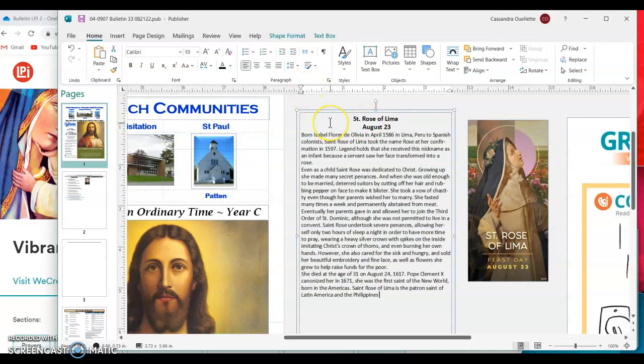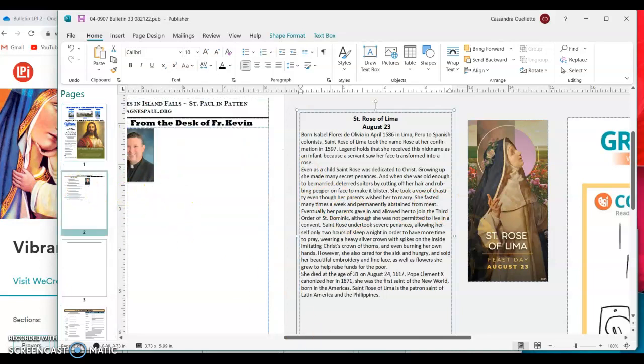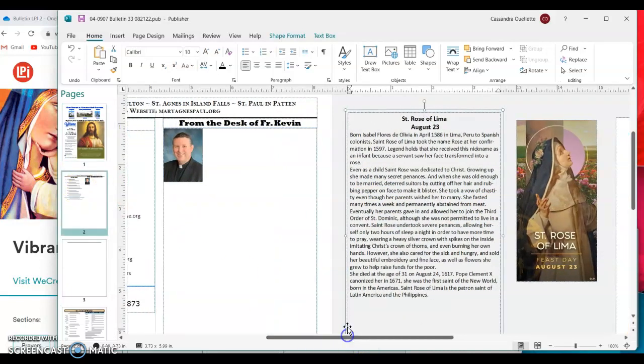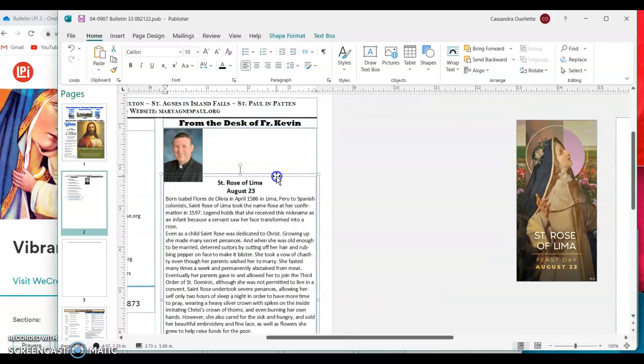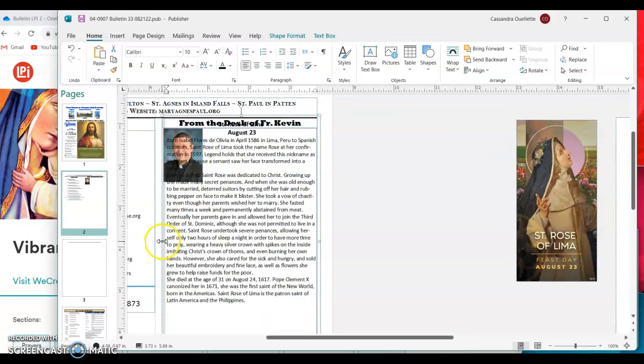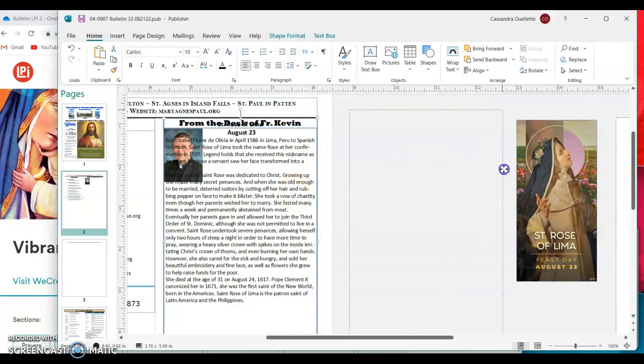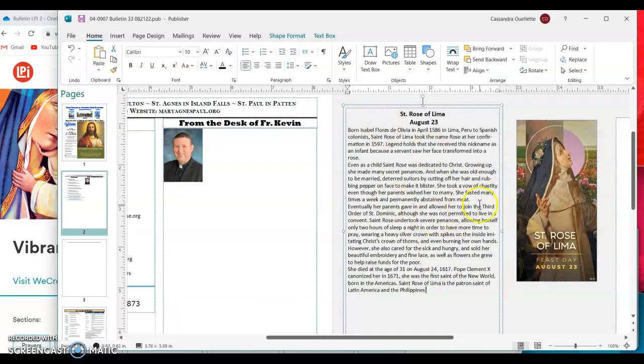In this text box, I have information about the saint of the week. This is going to go in this column, unless Father Kevin would like me to publish something else. I like to start by just checking that this box is actually the right size, and that happens to be just the right size so that when I move it later I don't have to worry about adjusting the size